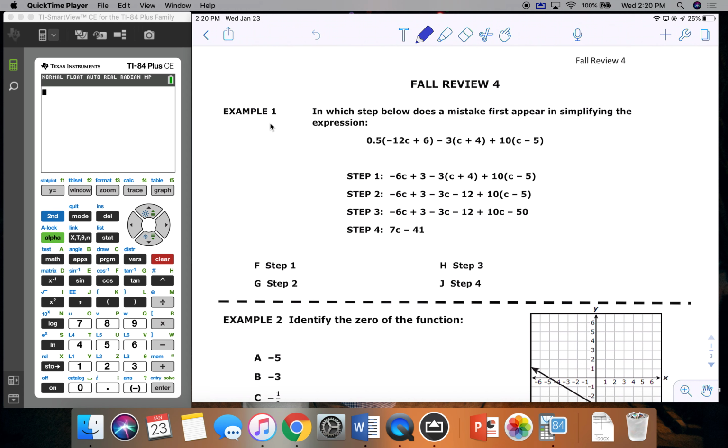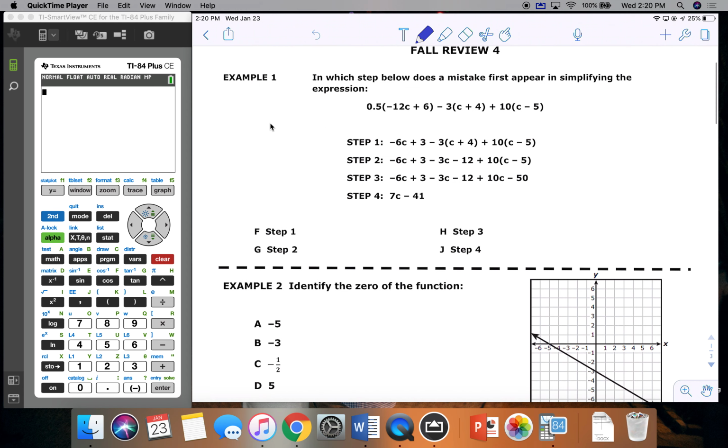This video covers Fall Review 4 over just kind of an array of things. So problem 1 or example 1 says, in which step does a mistake first appear in simplifying the expression? So when we simplify, we distribute first. So we take 0.5 and we multiply. So 0.5 times negative 12